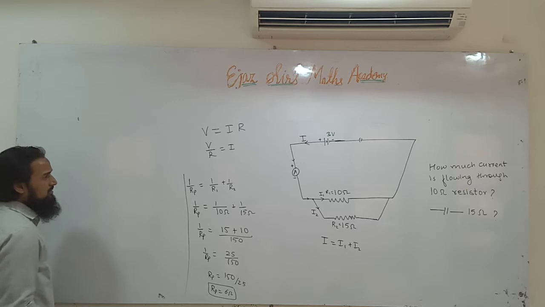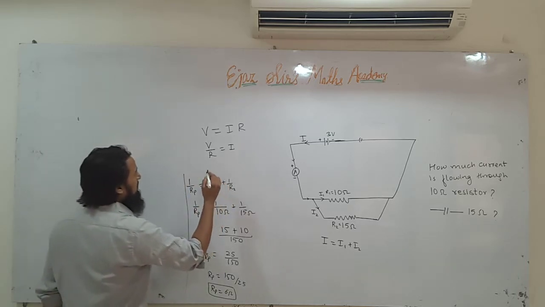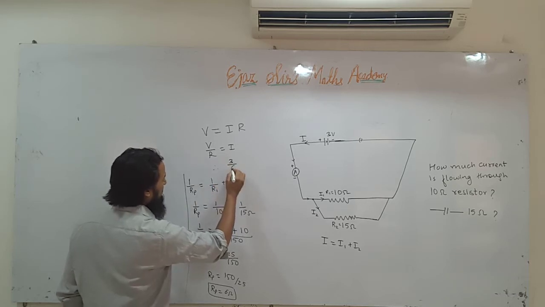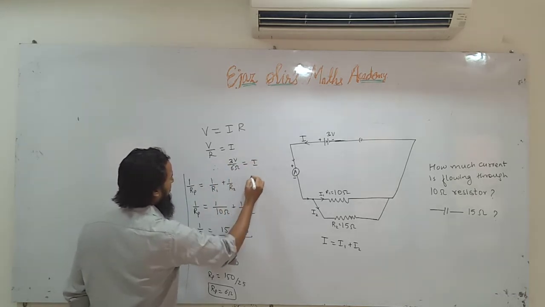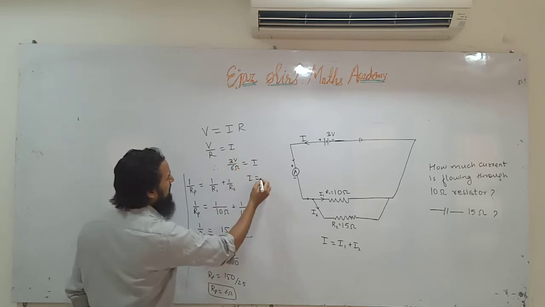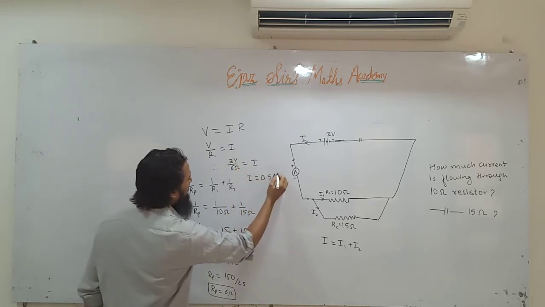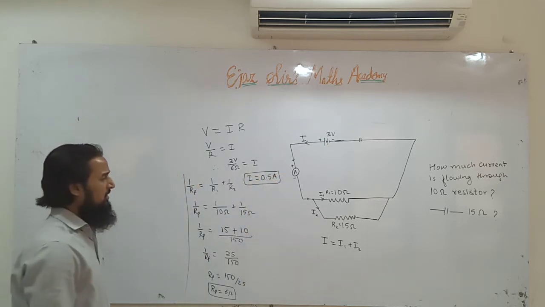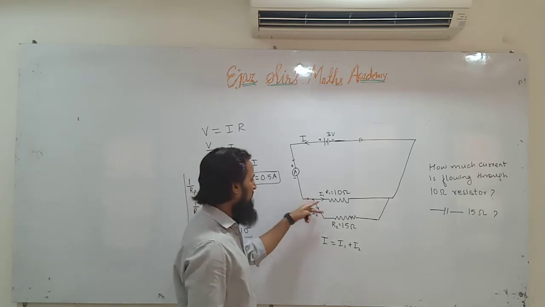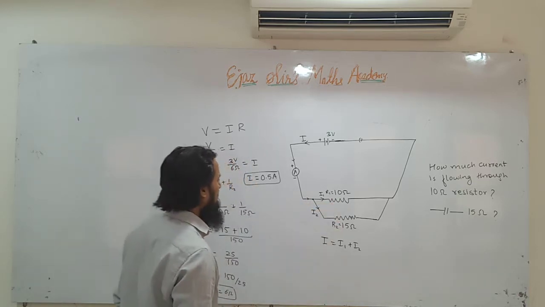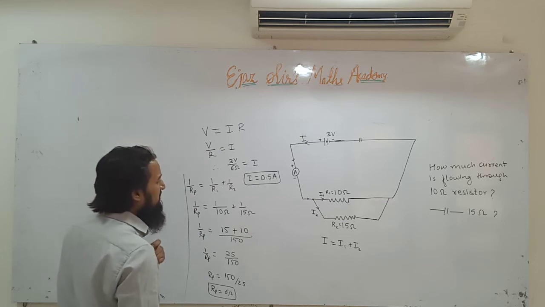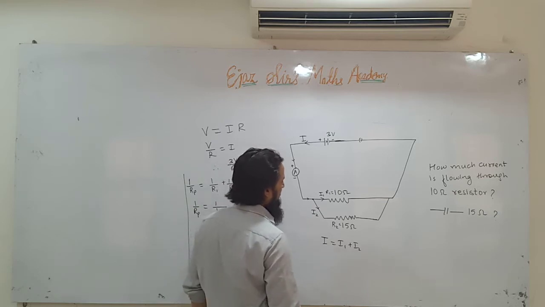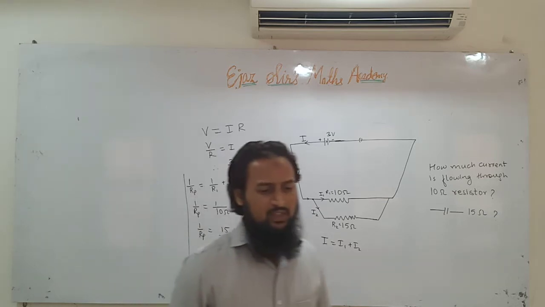Now after that, total current. The voltage is 3 volt and this resistance is 6 ohm. So current I is equal to 1 by 2, and 1 by 2 is 0.5 ampere. So the total current obtained is 0.5 ampere. Now we want to find out how much current will pass through the 10 ohm resistance. We will apply Ohm's law here. In a parallel combination, the voltage always remains the same.